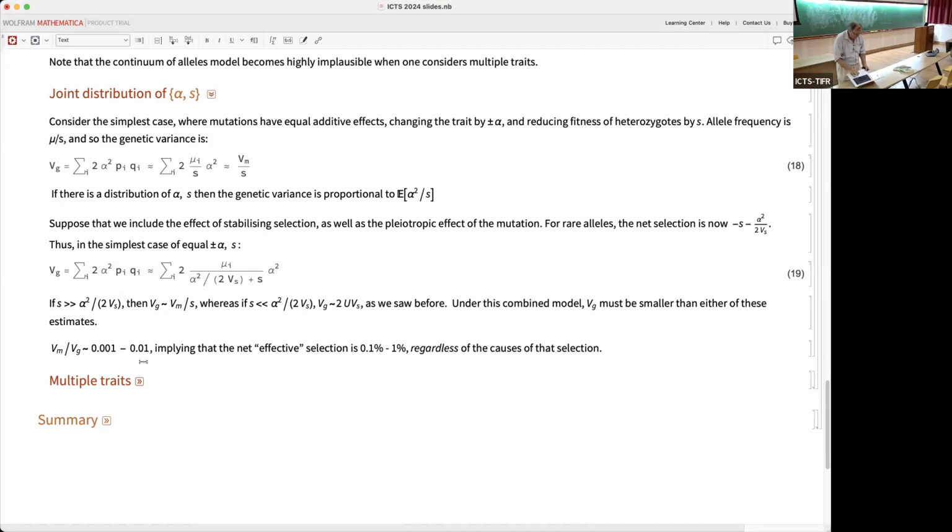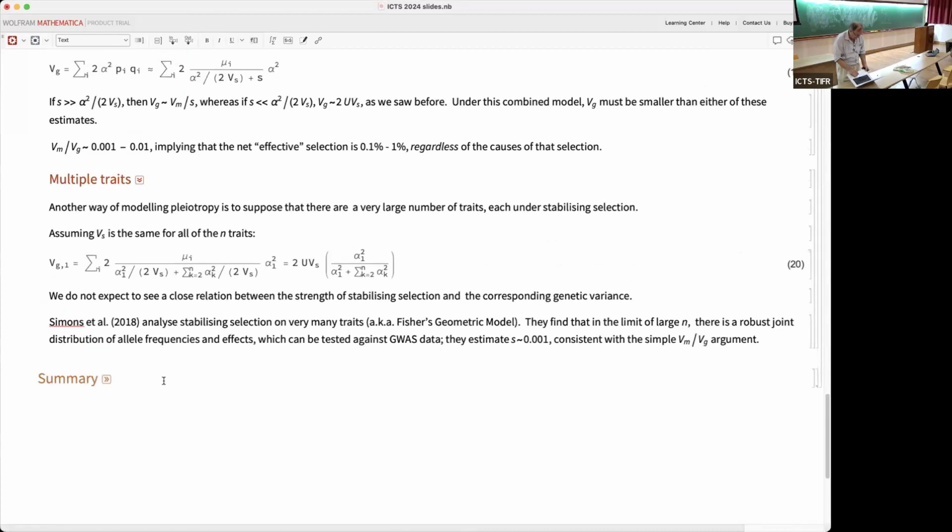But another way to look at it is to think that, well, actually we have multiple traits, that this S is actually due to effect on all these other traits. So now we have a subtly different model which says there's loads of traits, each under stabilizing selection. So we have a sort of multivariate quadratic thing. And sometimes people call this Fisher's geometric model, multivariate stabilizing selection. And we replace this S by basically the sum of the alpha squareds over 2Vs for all the other traits. And so we end up with this formula, which has a sort of intriguing consequence that the